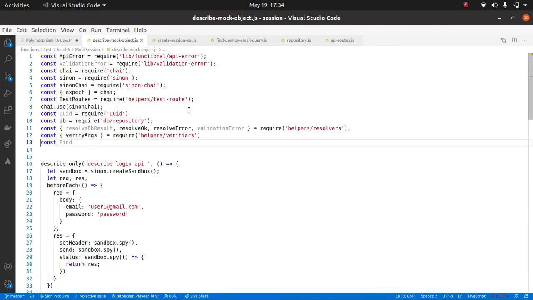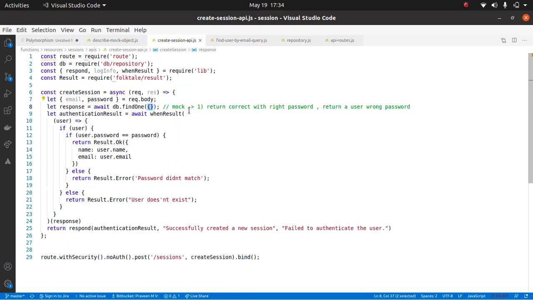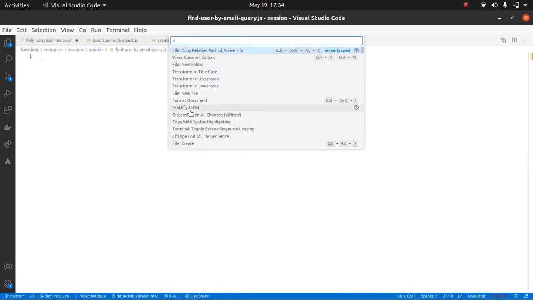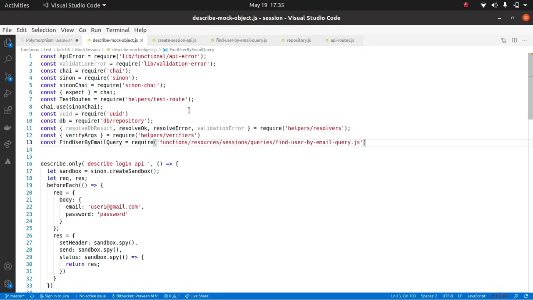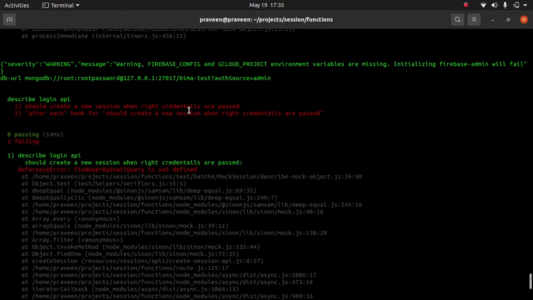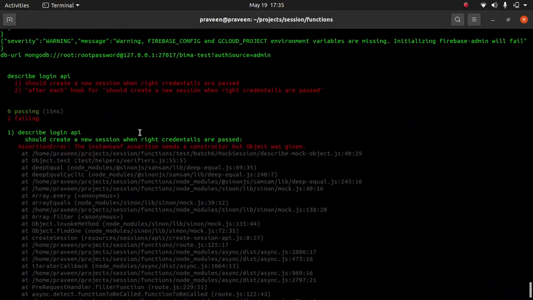So I'm going here and then I'm telling require. I need to pass the path of this guy, copy relative path, going here, passing this path, resources. Now it basically did that,